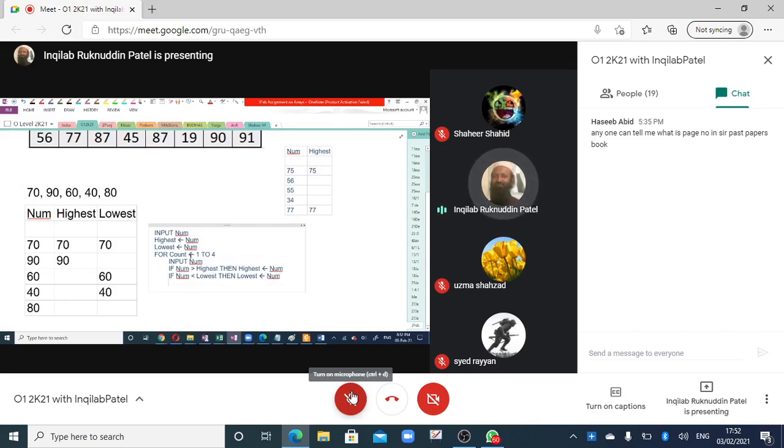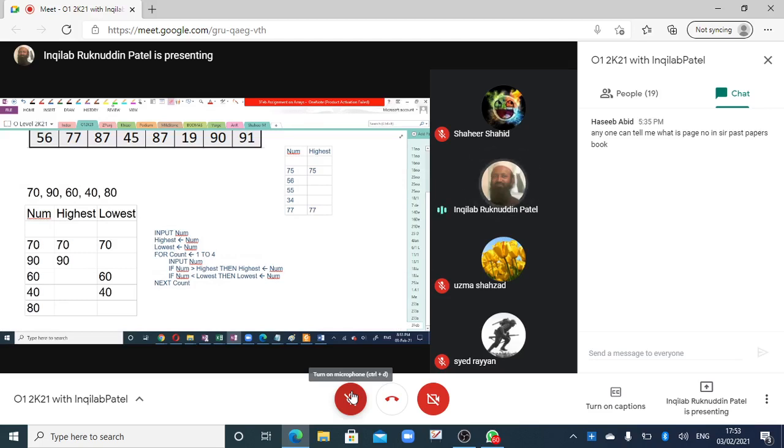And the other logic is that we have another method. In the other method, we initialize these variables. We don't want to store the first number as the highest and lowest ourselves. We want this to be decided by our algorithm.